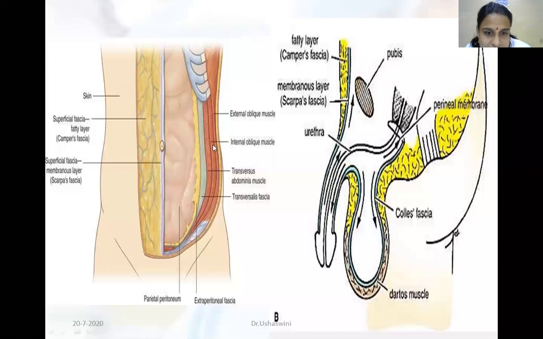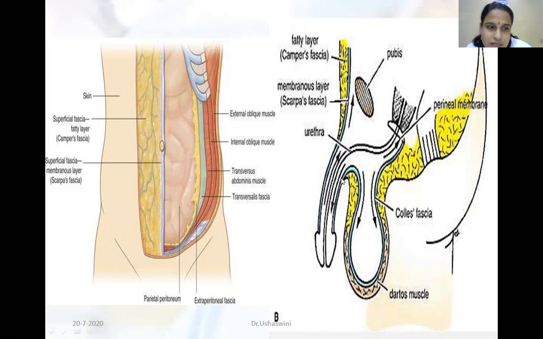The fascia that covers these three muscles forms a two-layered sheet to enclose the rectus abdominis muscle that lies in the midline. Now, the two recti on either side fuse in the center, in the midline, which is called the linea alba, again a potential space of weakness. Another important point that I think you have already been told, even in anatomy classes, when the testis and scrotum were dealt with.